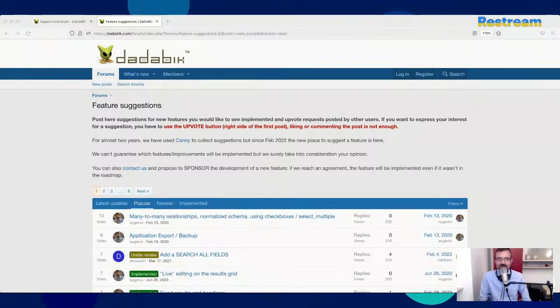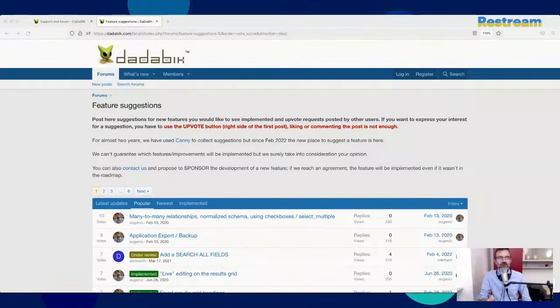But the reality is that they have an impact. As I said, probably more than half of the features I've implemented came from this forum. The original forum, the new forum, the Canny forum.